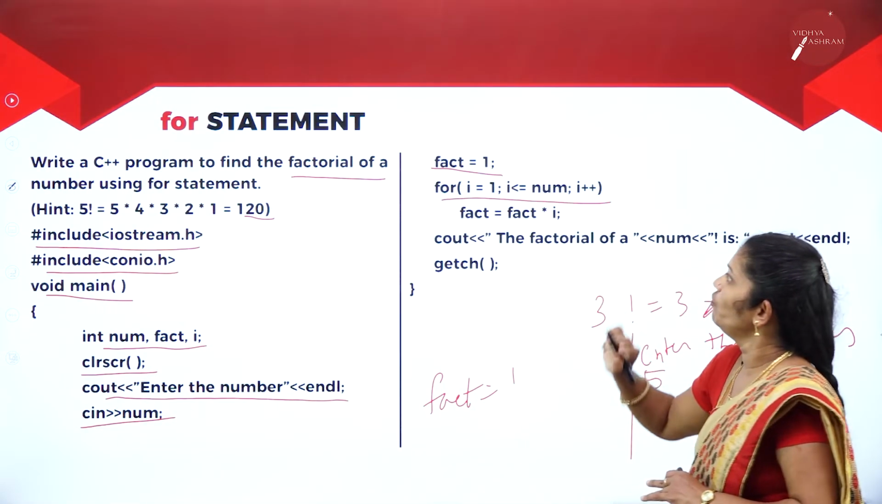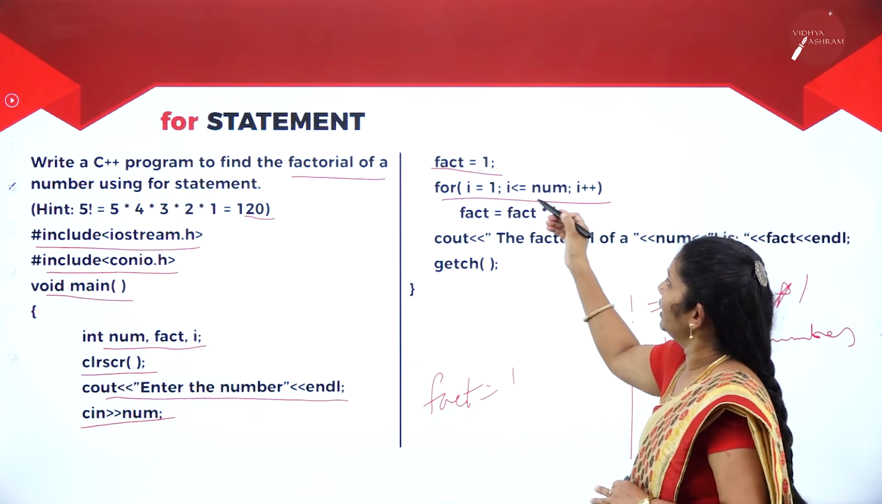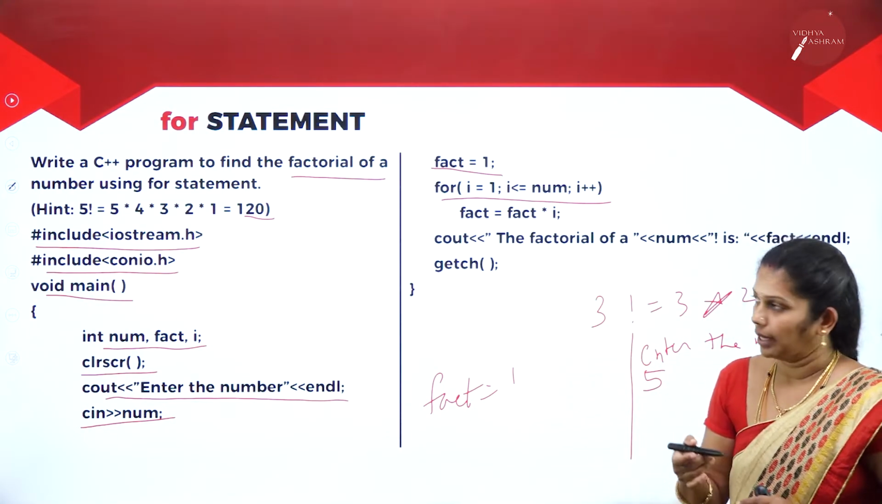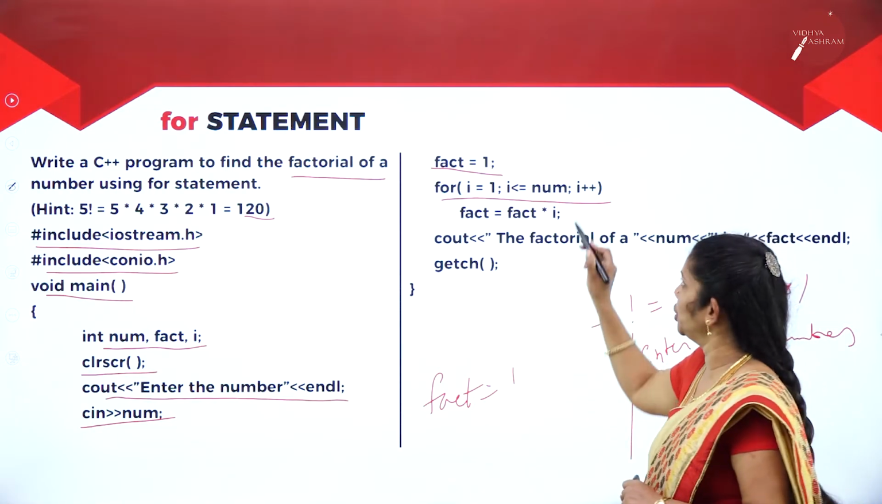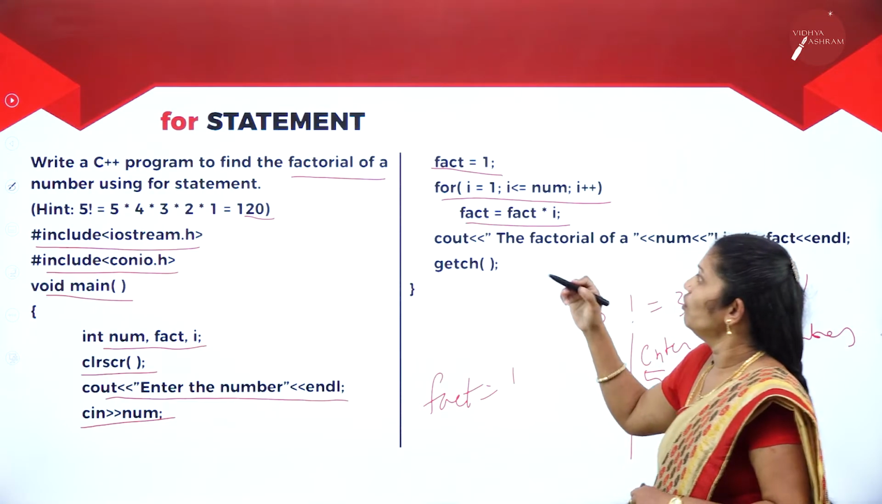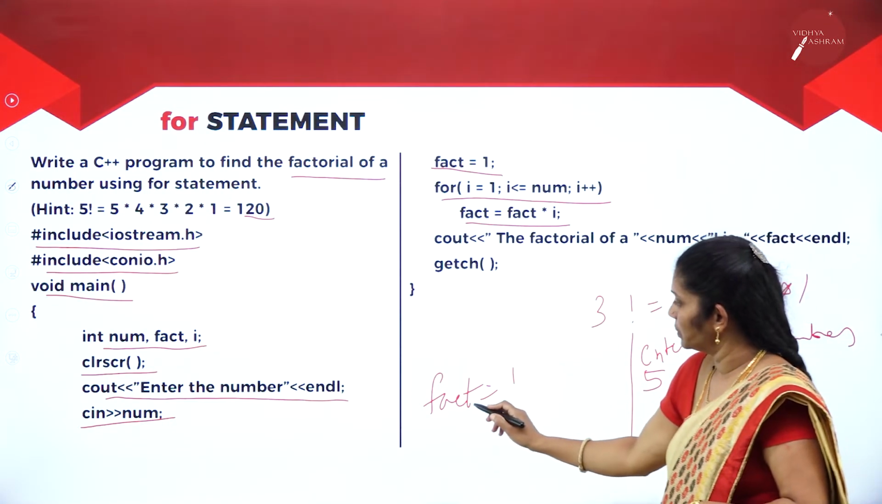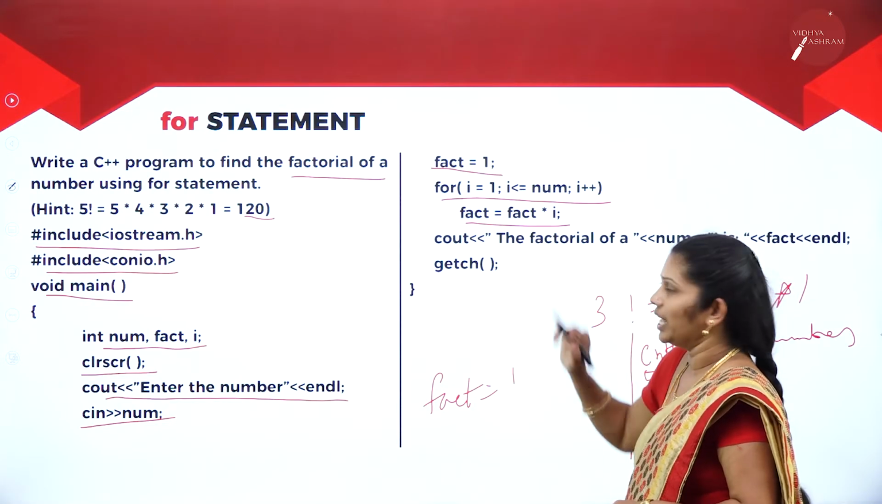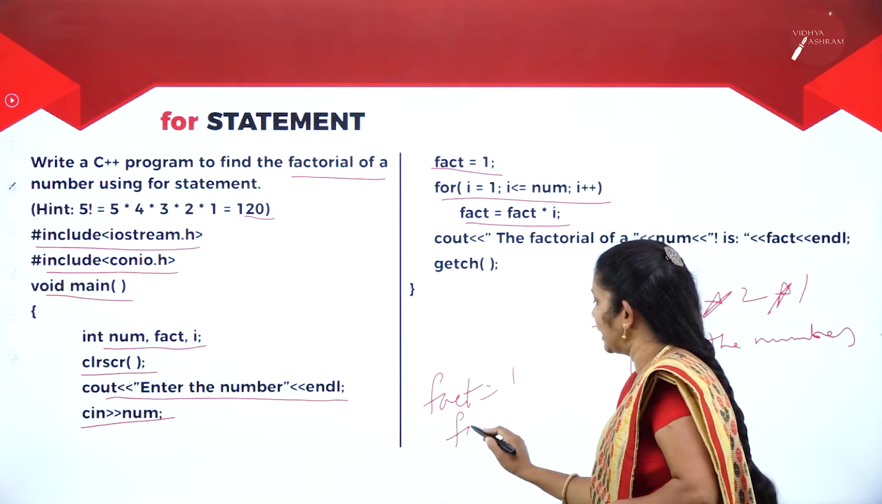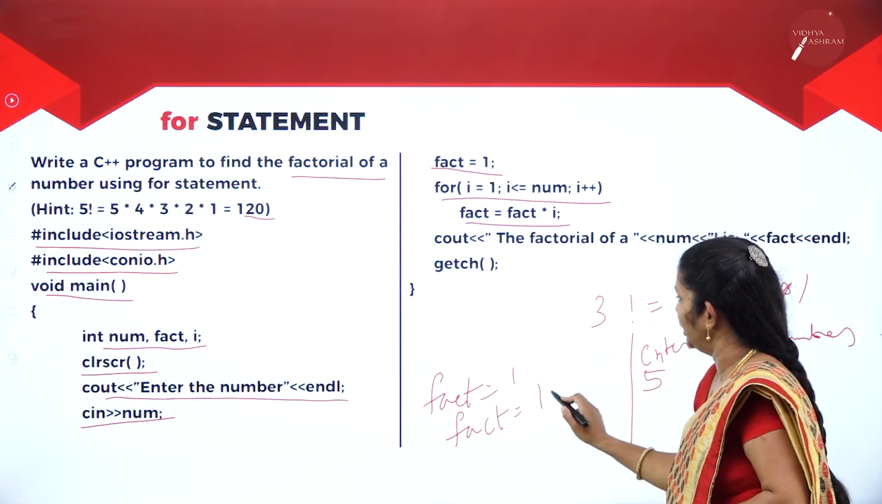Then in the for loop, we have mentioned i equals 1. The first time it will take it as 1. Then i is less than or equal to num. Till that, the process has to continue, and i plus plus is given. Now when entered into the loop, fact equals fact into i. Here, if you observe, in the beginning for fact we initialized it as 1. Then what will be the calculation? fact equals, here we initialized it, that is 1 into